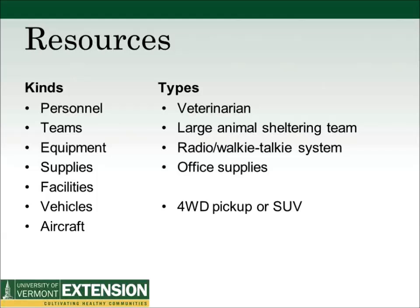FEMA has typed numerous resources, and those lists are available. It's simply a specific uniform way of describing resources so that interagency, interjurisdiction requests can be made efficiently. What I've got here on the right are some types of resources found in FEMA's type definitions of animal health